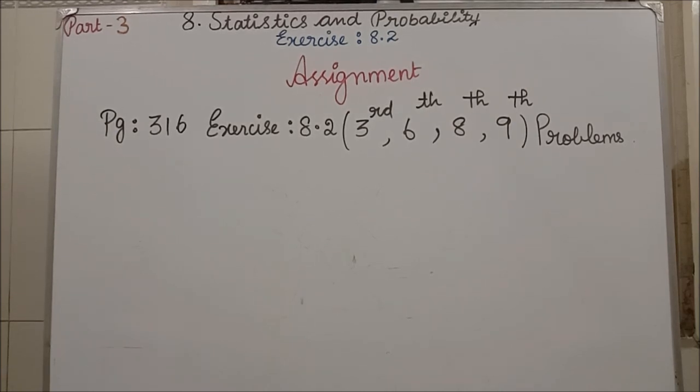Similarly, the 8th question: how we are going to do it, in exercise 8.2, the 7th question. The same model, procedure, formula, everything is the same. We are going to try the 8th question. Clear? Students, for the 9th question in exercise 8.2, follow the 5th question model. They have given the observations; you have to find the mean and the standard deviation, and then only we have to find the coefficient of variation. Isn't it? For the 9th question you are going to follow the 5th question method. Clear? All are easy sums only. So try the assignment problems. Clear students? Thank you.